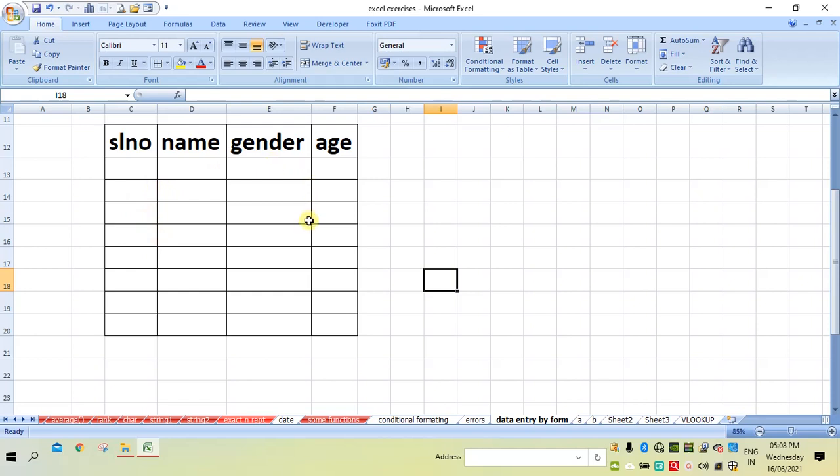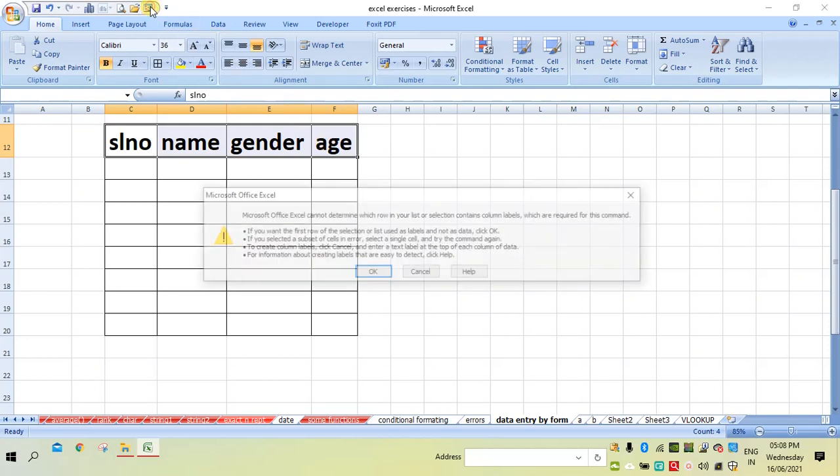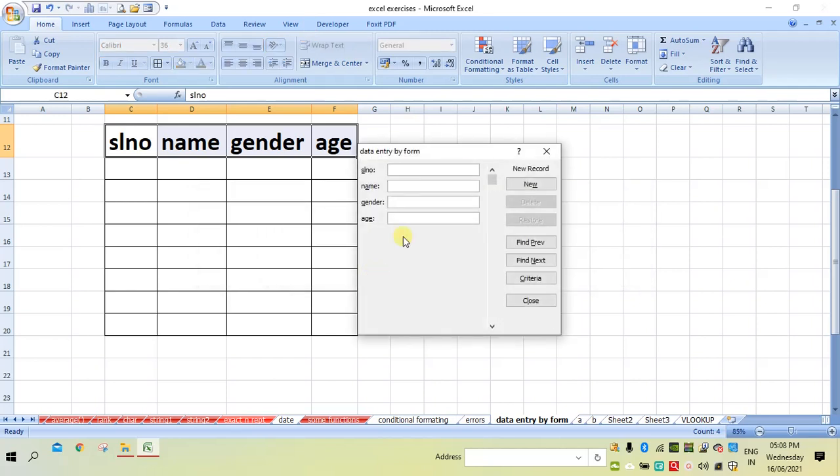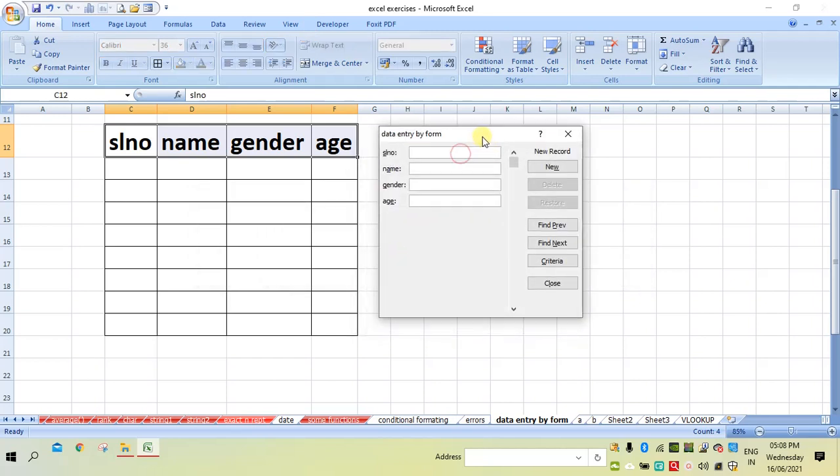To use the form, first select the table fields, the table headings you have to select, and then click on this. Then say OK. Now it will give you one form. Now you go on, enter the data.